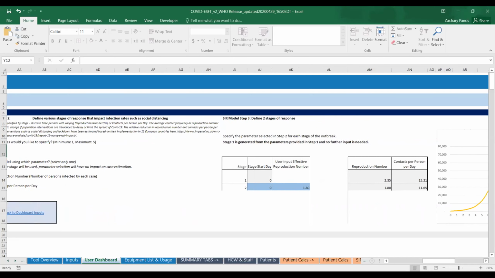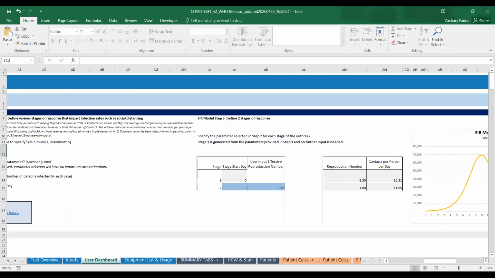And what you can see scrolling over to the right is that under the SIR model step 3, we now have a table that appears. And we have the 2 stages, each represented by a row in this table. Stage 1 by default cannot be changed, but we can manipulate some of the parameters in stage 2.